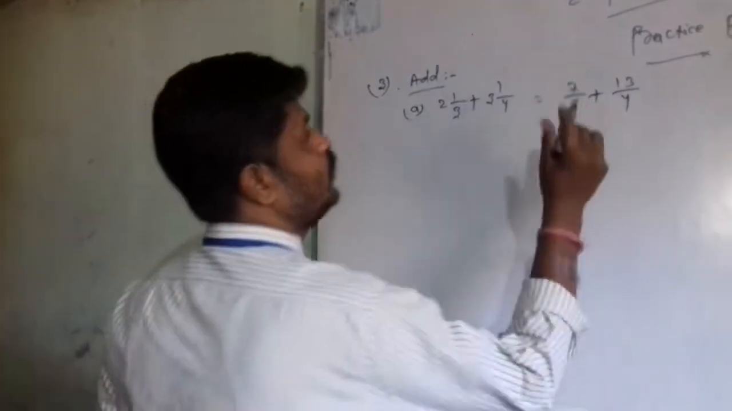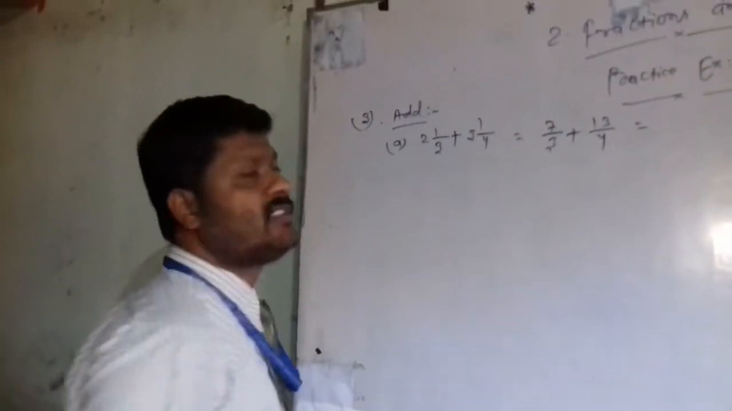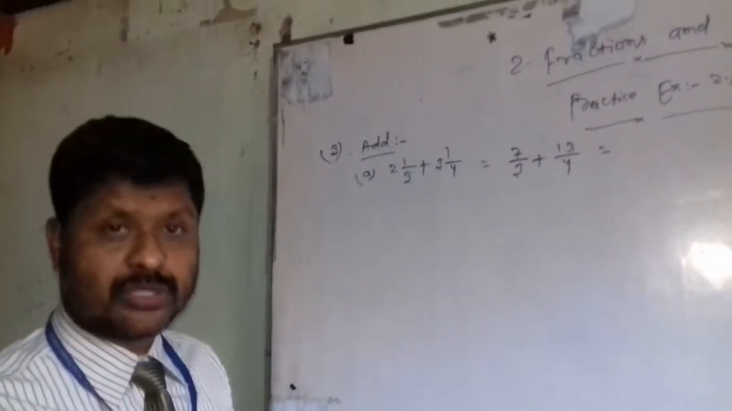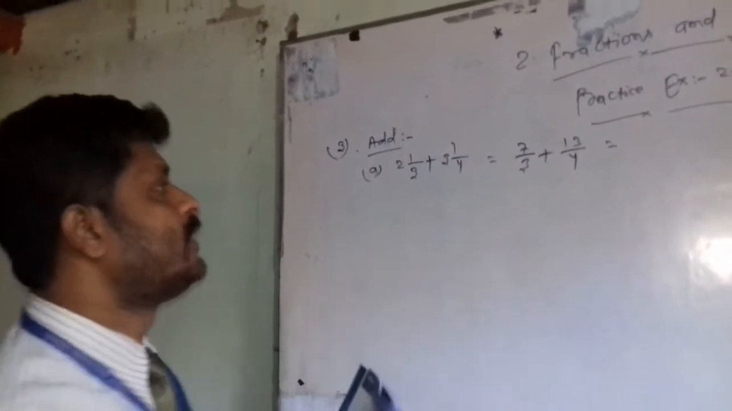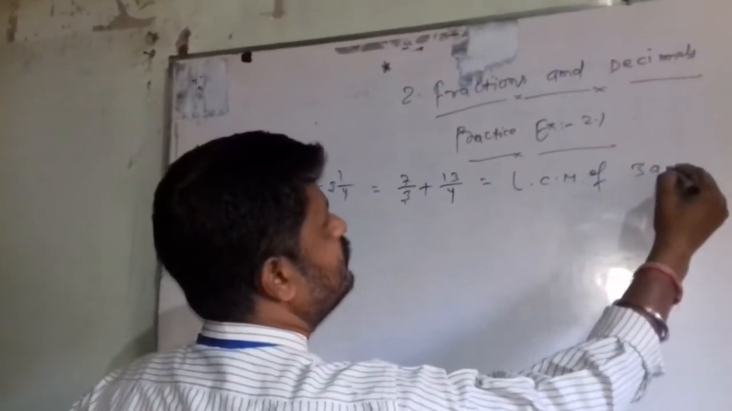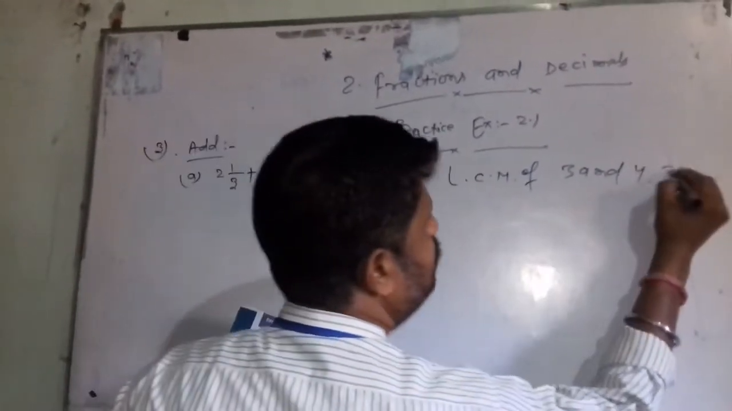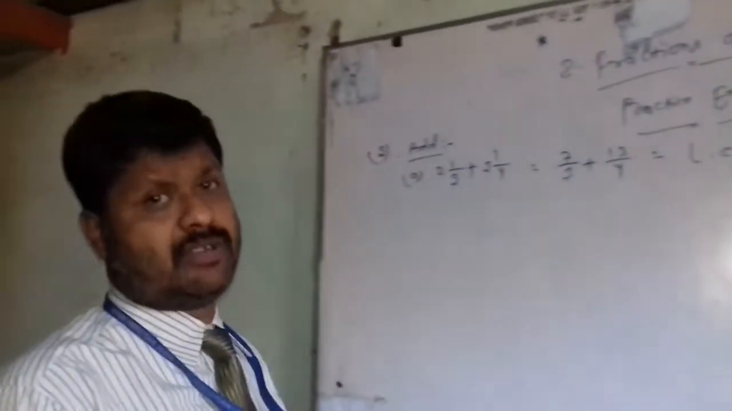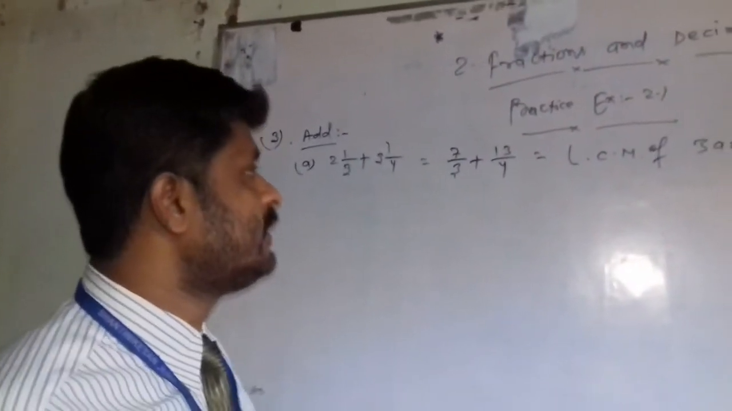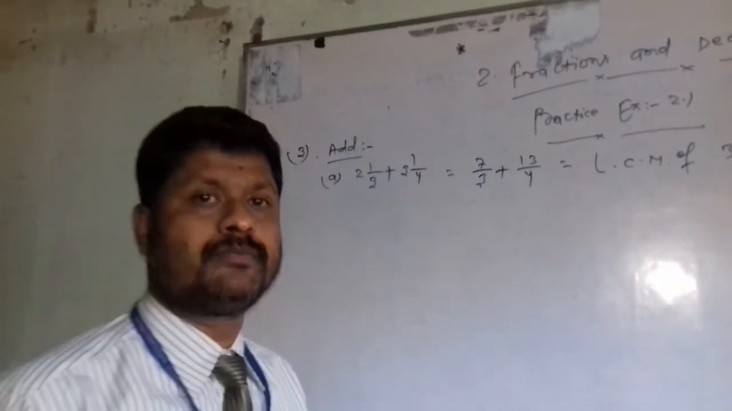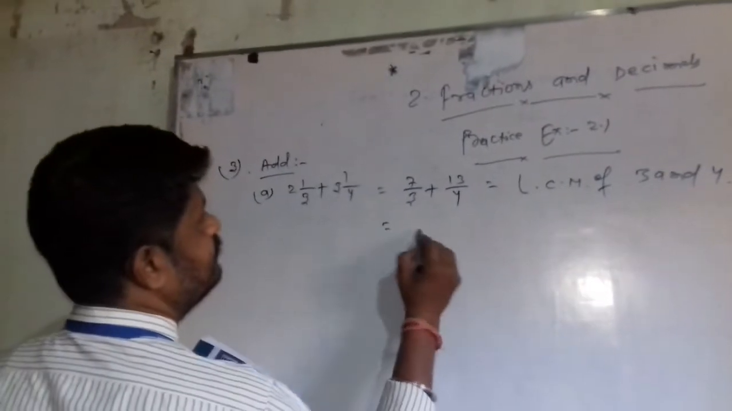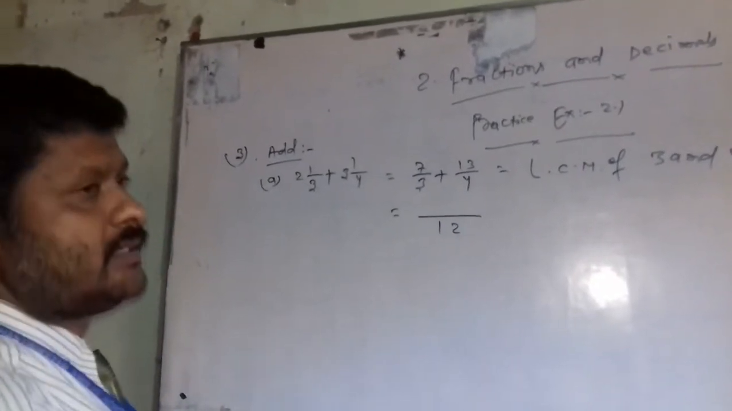Now we have to add these two, like question number 2. So firstly we have to find the LCM of 3 and 4, then we get 12. In our earlier classes we have already studied how to find the LCM of 3 and 4. The LCM of 3 and 4 is 12. Now 12, and in our earlier